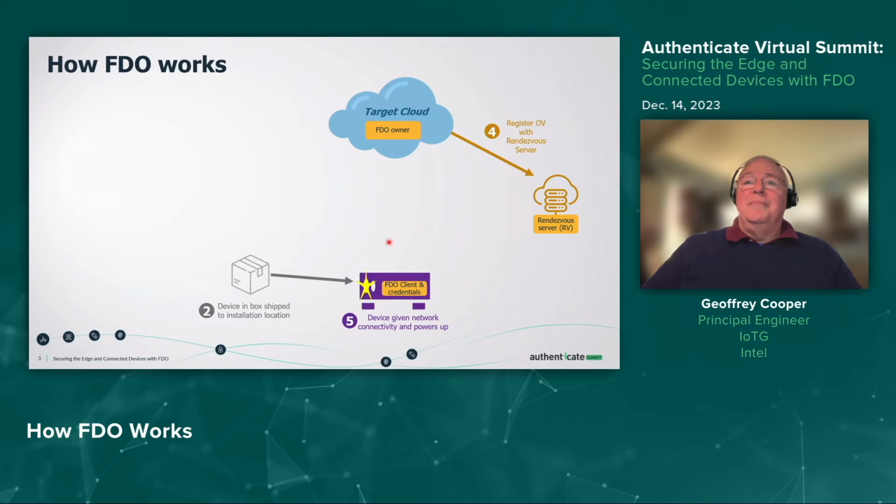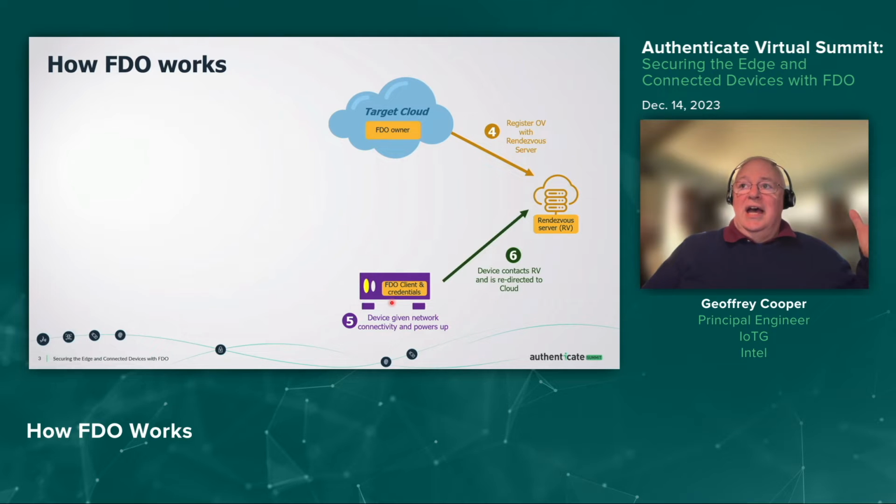At some point, maybe it's 3 weeks later, 4 weeks later, the device actually gets installed. The cloud has been waiting all this time. The rendezvous server has been waiting all this time. The device comes up, and I've put a star on it to show that the power light went on. And so now the device has network connectivity. And the first thing it's going to do is it knows that rendezvous server. So it's going to go to the rendezvous server and it'll say,